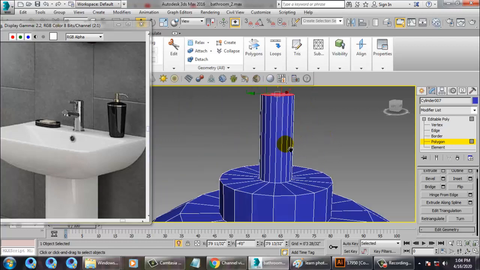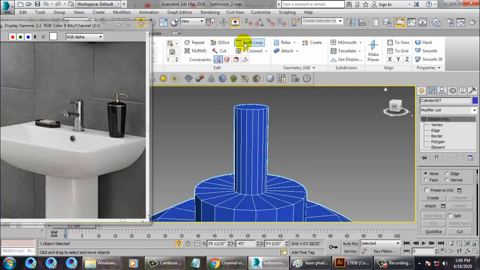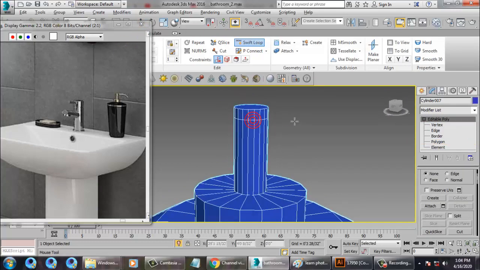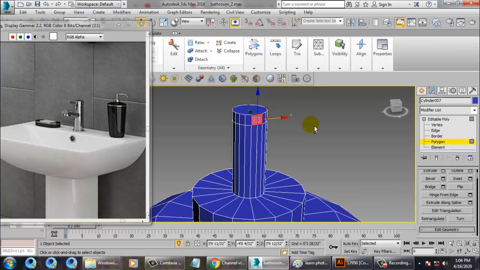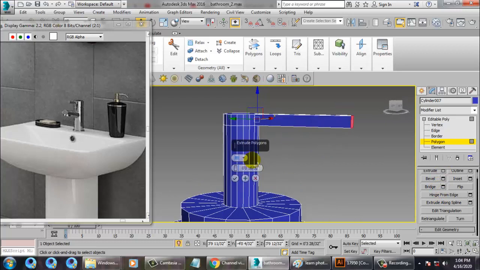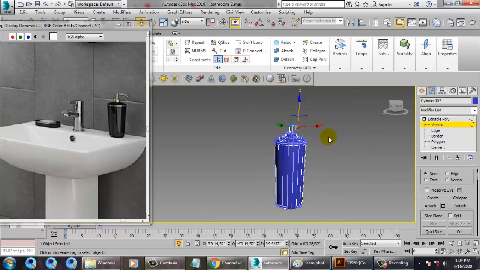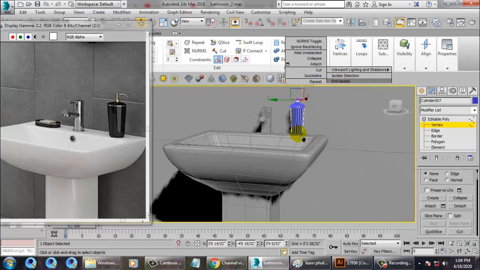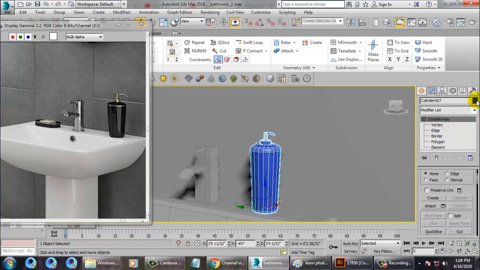So let's again go over here and take a swift loop. Let's go into the polygon and just extrude it. One more. Go into the vertices and just push the stuff. That's it. So right click and isolate this stuff and just save your file.